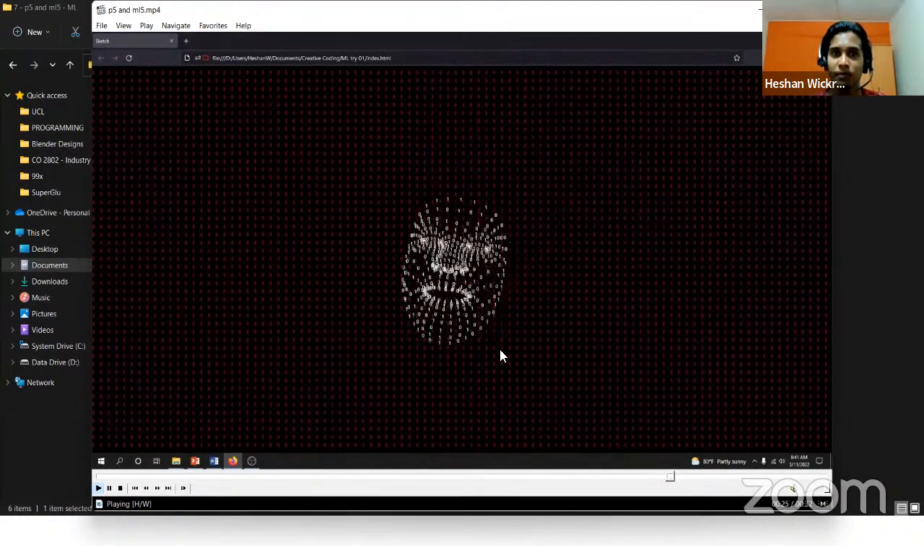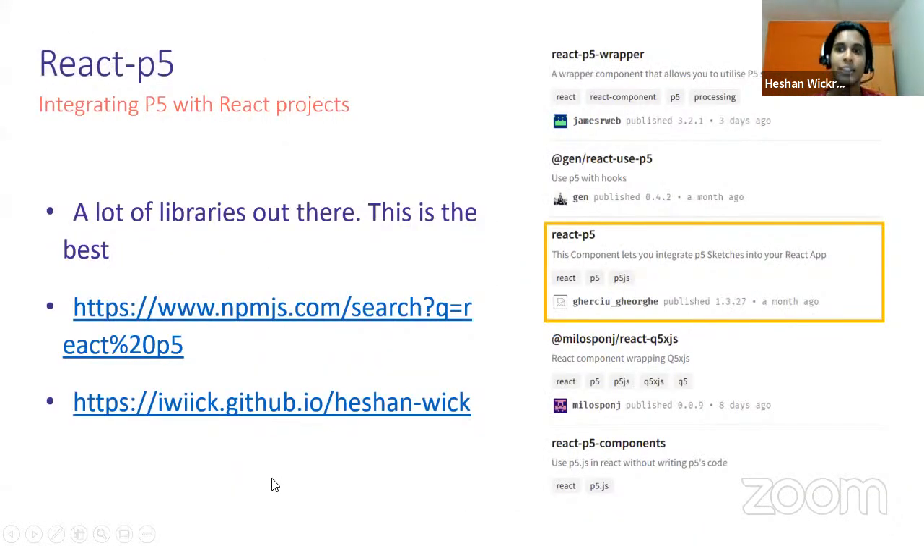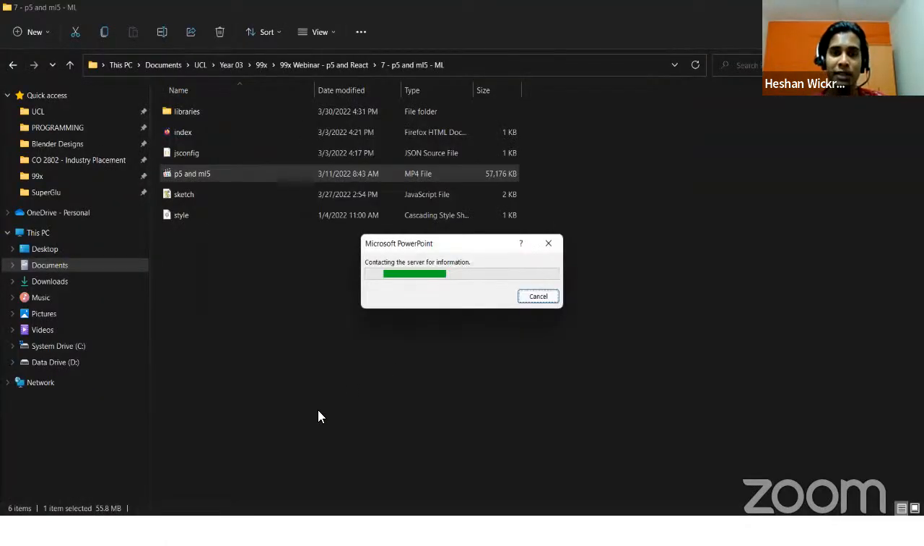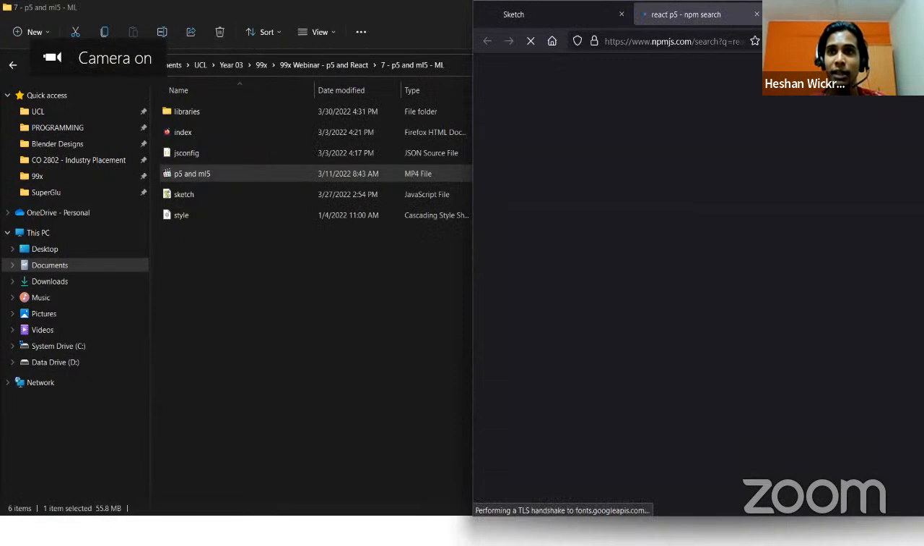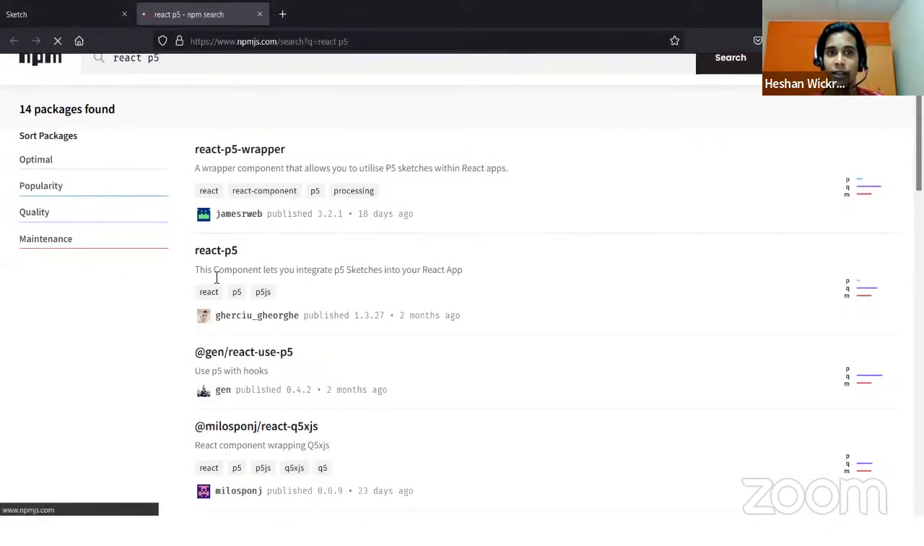So going back, as I said, you can integrate P5 with stuff like React, and it doesn't take a lot. I'm really saying it because there are a lot of libraries out there and different frameworks created by people. So by far, React P5 is one of the best that I've seen here. So React P5, you don't have to go through additional documentation